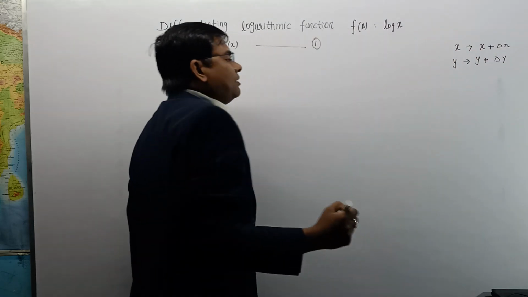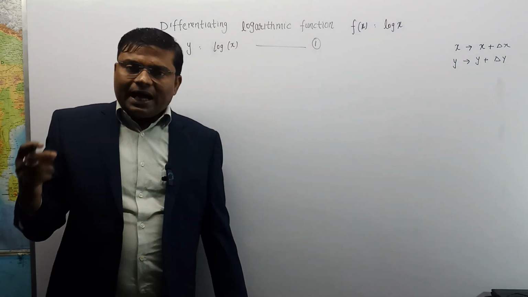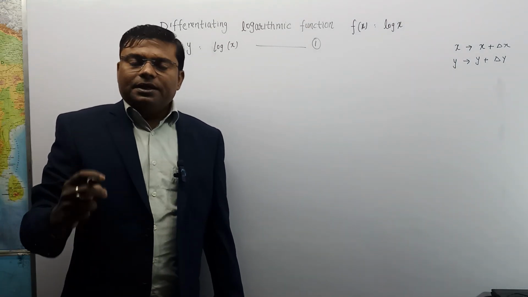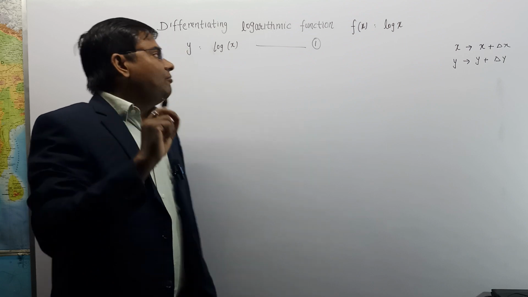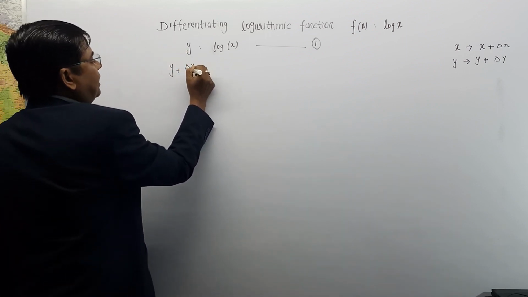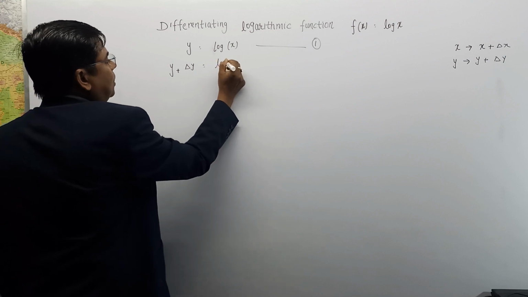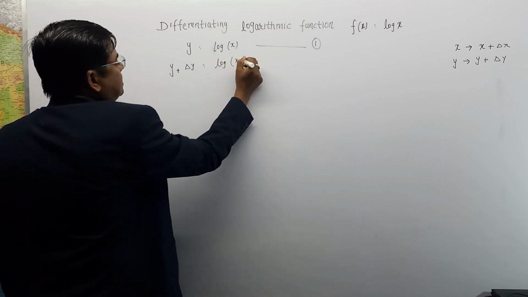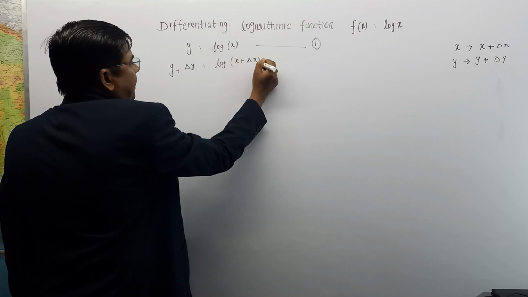That is, if we change in argument x, correspondingly there is change delta y in y. So we can write here y plus delta y is equal to log(x plus delta x)।